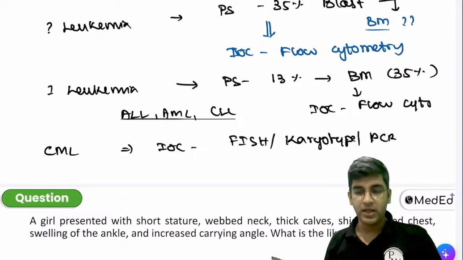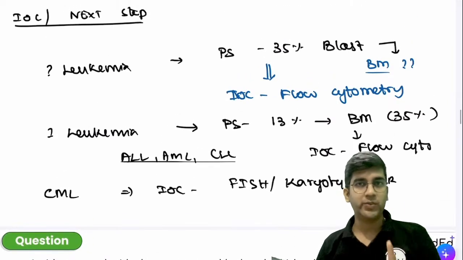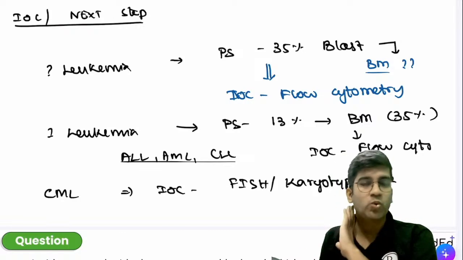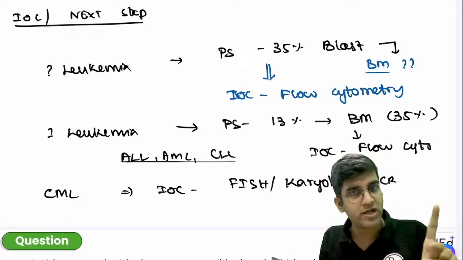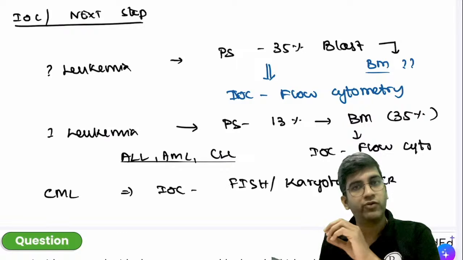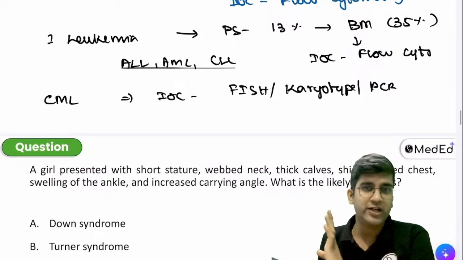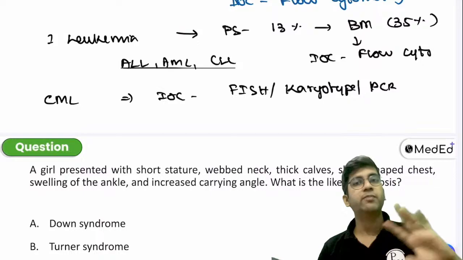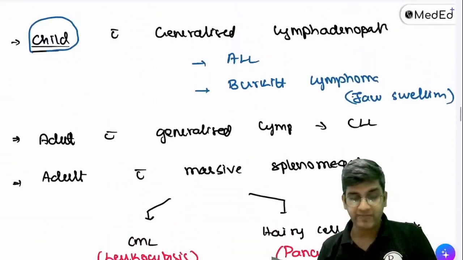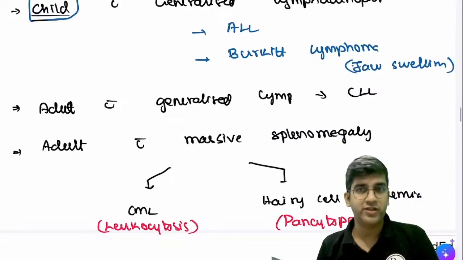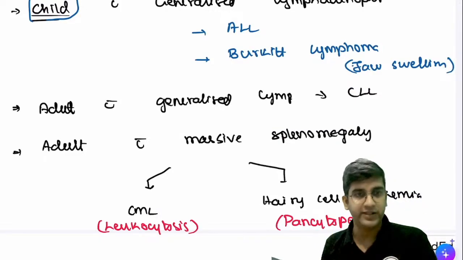Fine. So the leukemia approach is based on the question. If the peripheral smear can diagnose things, I don't want a bone marrow. If the peripheral smear cannot diagnose things, I do a bone marrow. For every leukemia, I do flow cytometry except for CML, where I use a genetic test for diagnosis, right? Whatever permutation combination comes, never forget history. I didn't even talk about flow cytometry before history. History is first, then only everything else, right?